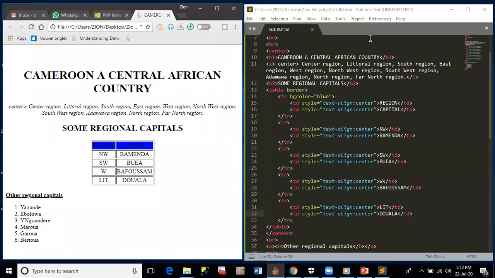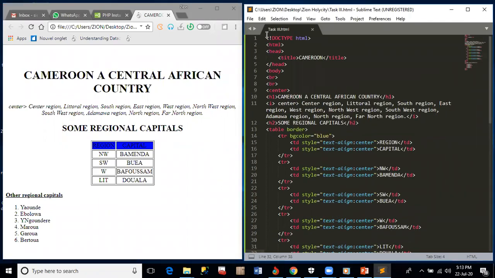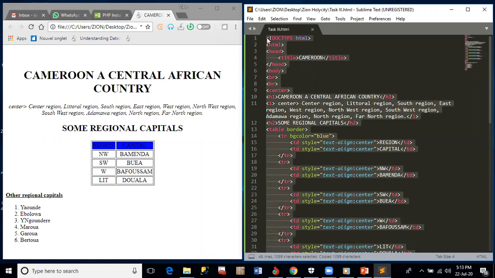Okay, save the HTML code you have typed as cameroon.txt and save the web page created as cameroon.html in your candidate folder. Print both the web page and the HTML code. Okay, we did this just to have the effect. If this is a question, as it's a question asked, we can just highlight everything, Control A, we copy, we